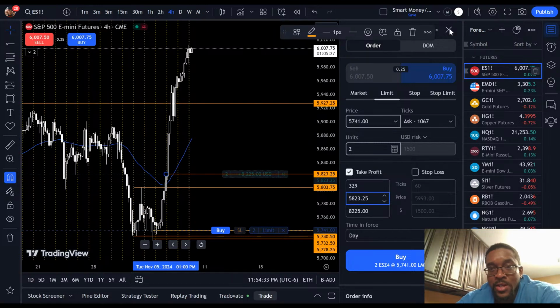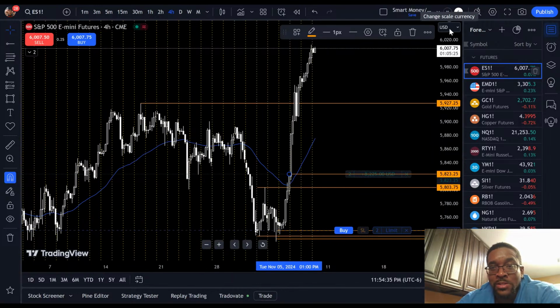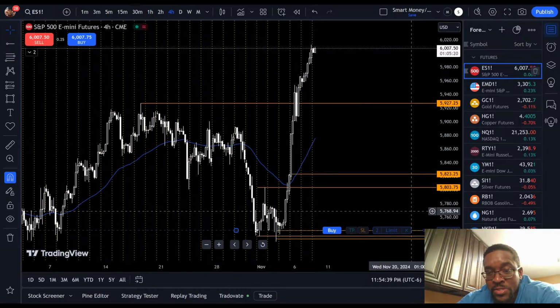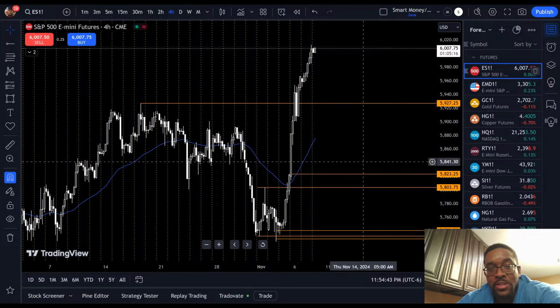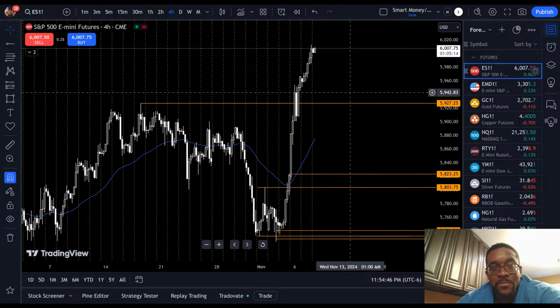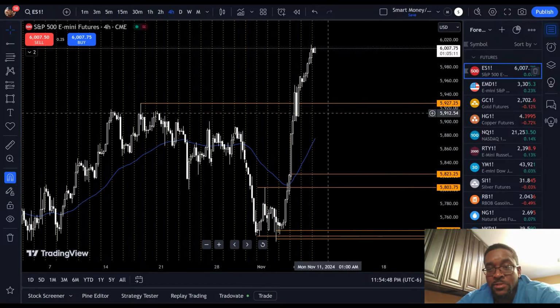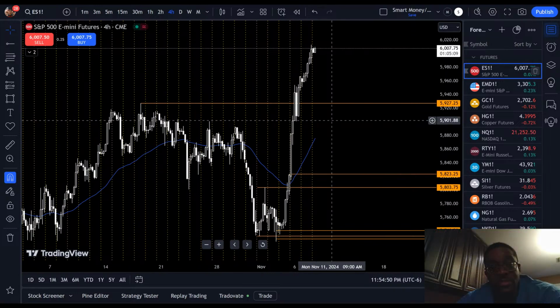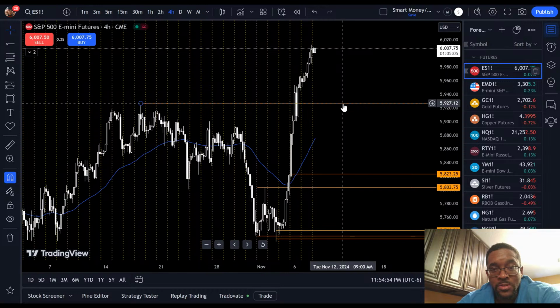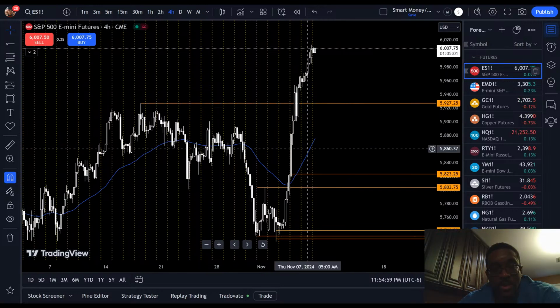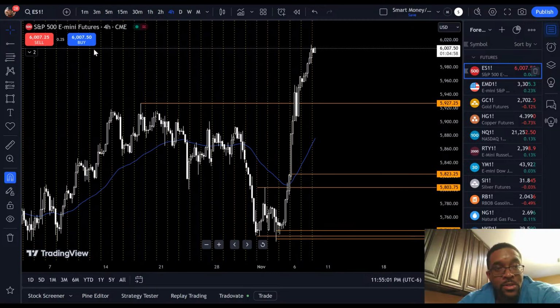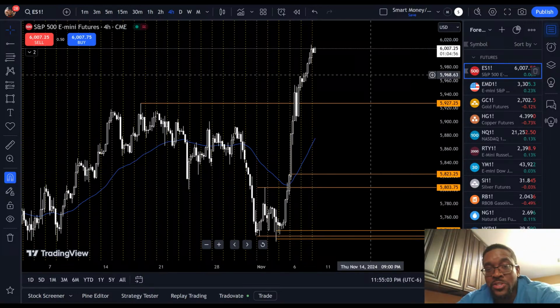I mean, that's pretty much it, y'all. That's how I take my trades. It's very, very simple. It's not complicated at all. The only thing is you have to be patient. You have to wait. Just practice in your demo accounts, your paper trading. You can paper trade right here on TradingView. But I just wanted to show that to you guys.